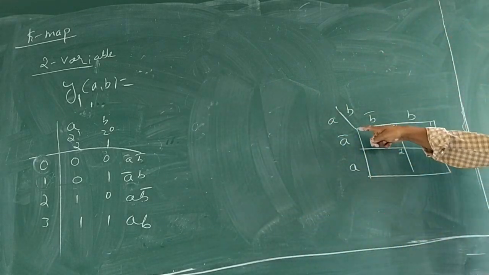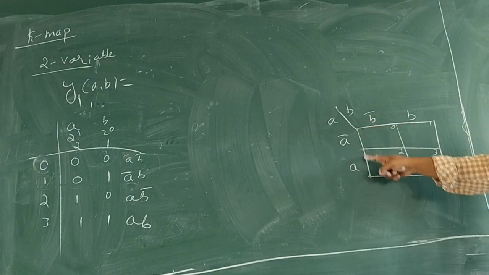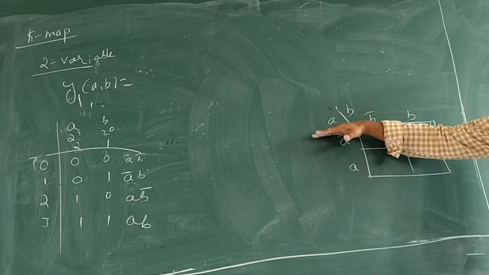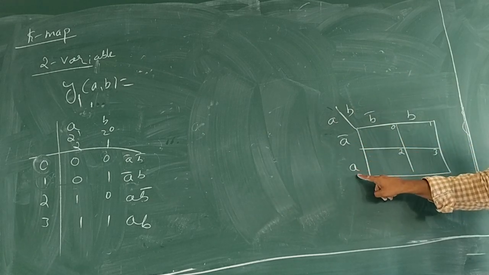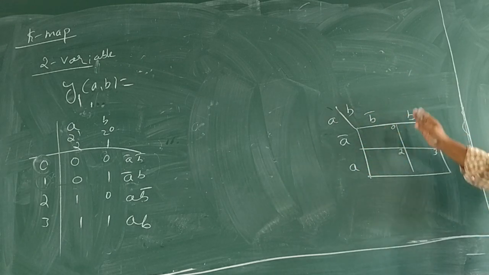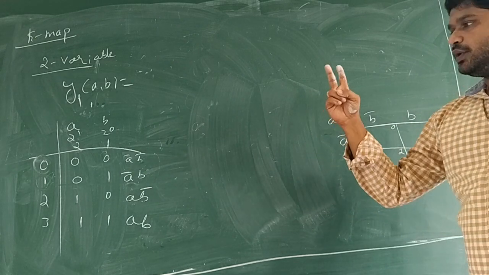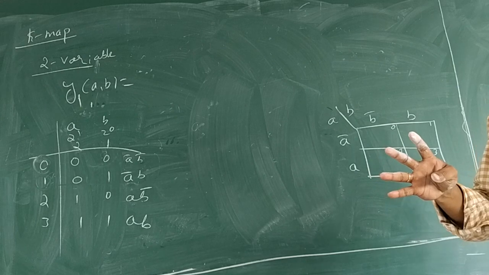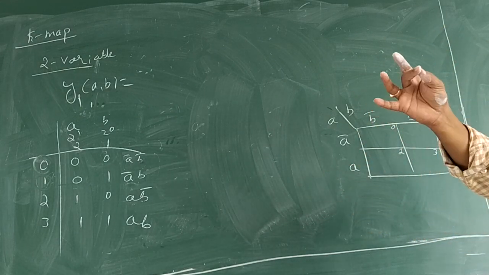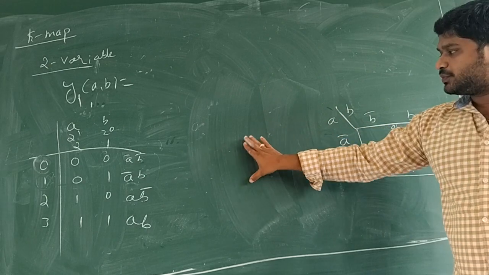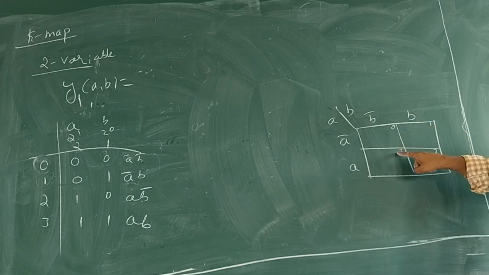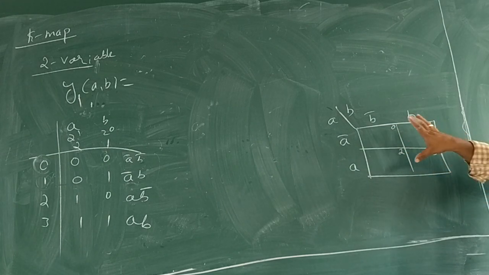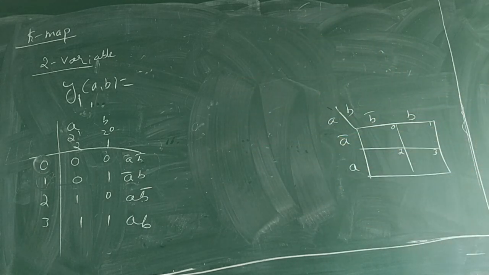Now, K-map of 2 variable, 4 small cells, row wise A, column wise B. A occurs in 2 formats, A complement and A. B occurs in 2 formats, B complement and B. Since 2 variables are there, 2 raised to 2, that means 4. 0 to 3 occurrence, 0, 1, 2, 3. So, by looking into the previous notation method, I got 0th cell, first cell, second cell and third cell. So this is a layout for next concept.